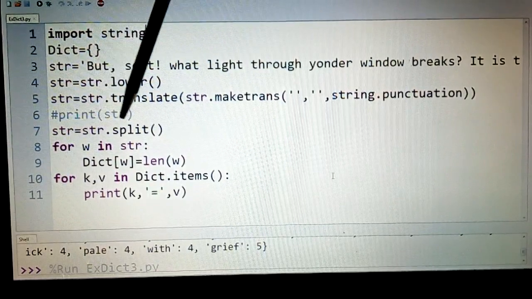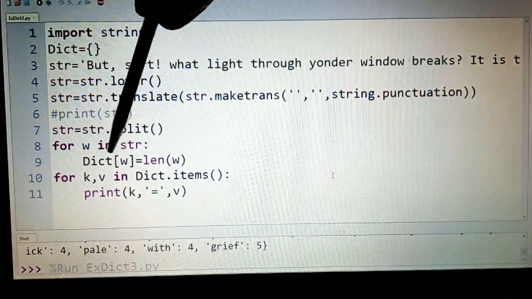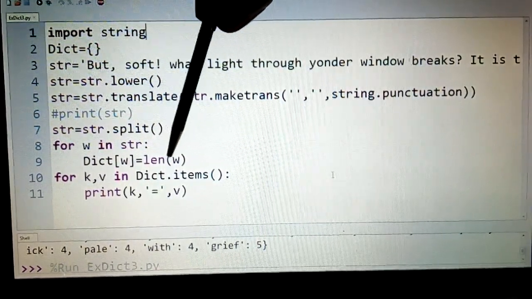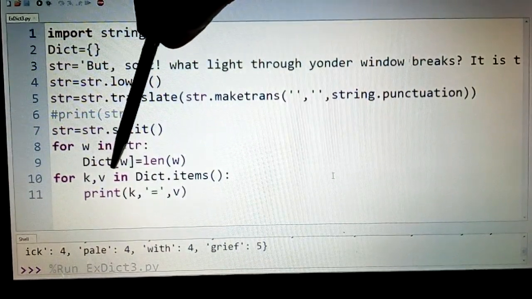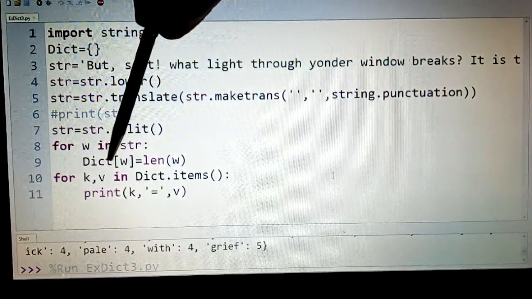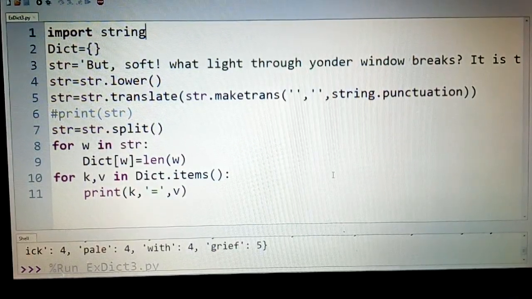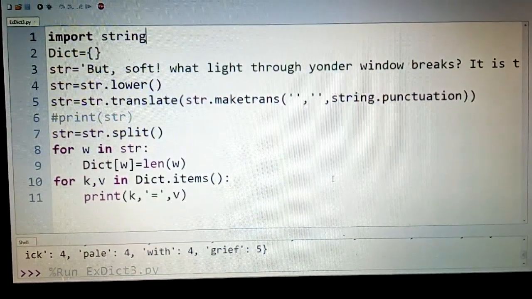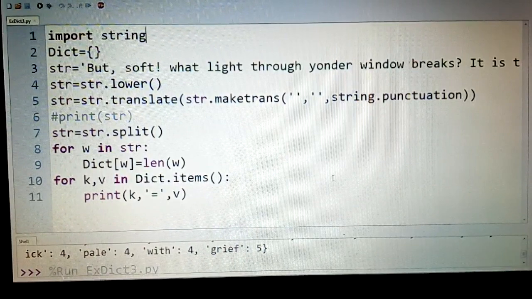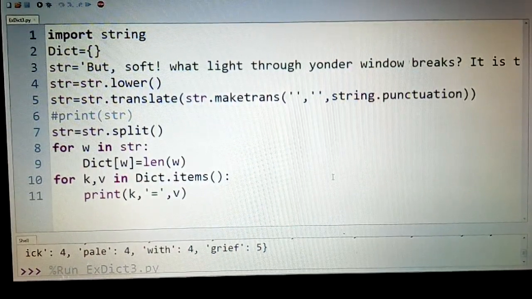Once it is split into words, those words were processed by adding them to the dictionary along with their length, and the words along with the values, that is the length, were printed using a loop called k, v in dict.items(), because items is a method which browses through the key value pairs. So this is a solution to that problem, and it gives a better understanding of dictionaries.